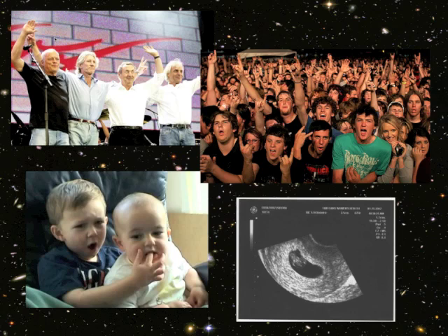So if you ask the simple question, where do adult human beings come from, right? We all know the answer. We all know that adult human beings, old people, come from young people, and young people, who are probably not at a Pink Floyd concert, come from children, and children come from babies, and babies come from embryos inside pregnant women. We all know that, right? But there are two main reasons why we know that.